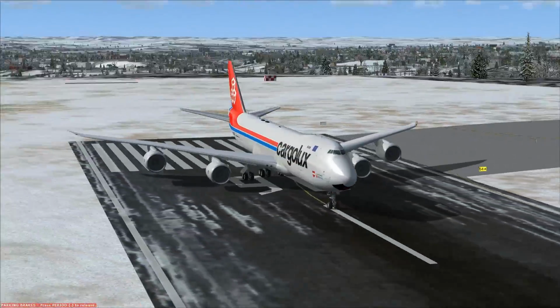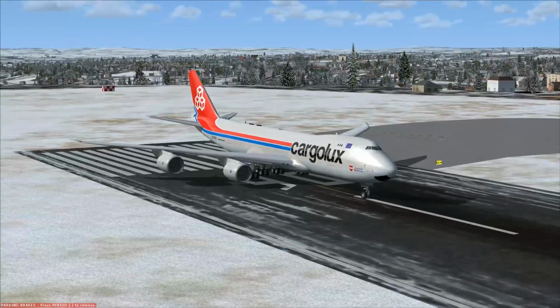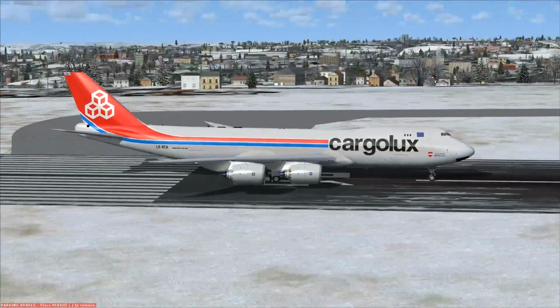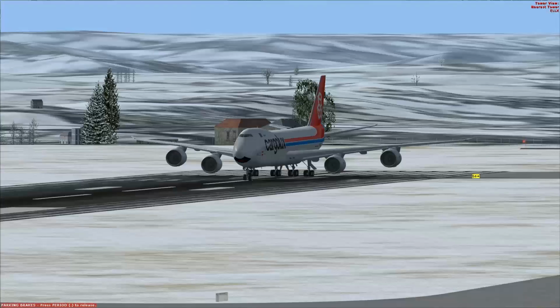And I've just noticed that this aircraft is named the City of Vianden. Hey, that's pretty cool. I say this because Vianden's a really nice town. I really enjoy Vianden. Anyway,